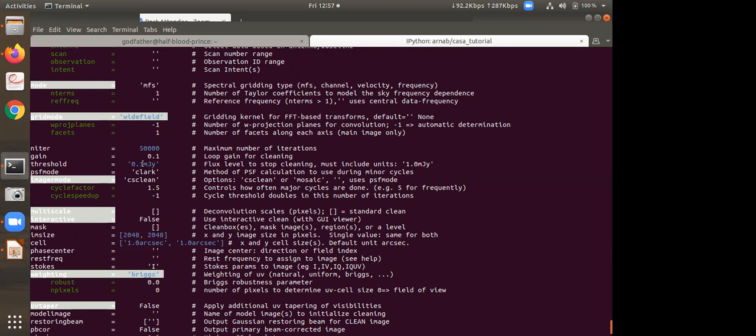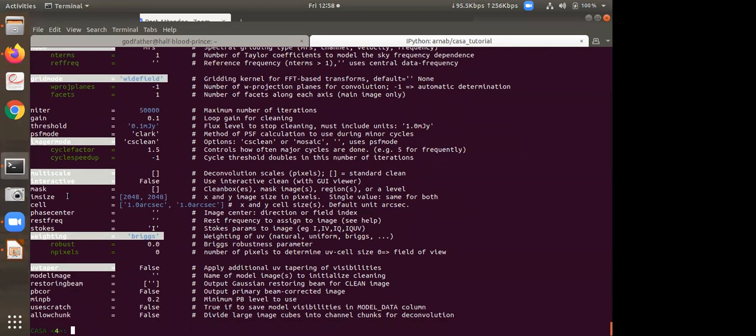So what clean will do is try to find the emission in your image, put it in the model, and then go to the next cycle. That is, clean has a number of iterative cycles, and it will not go on for an infinite amount of time, right? You need to stop somewhere, so you need to provide some threshold. So if the clean residual reaches that threshold, it will stop. If the number of iterations reaches 50,000, it will stop, or if the threshold is reached before that, then it will stop. So these are the two criteria to stop the clean cycle.